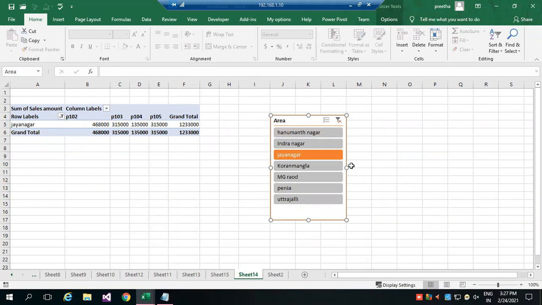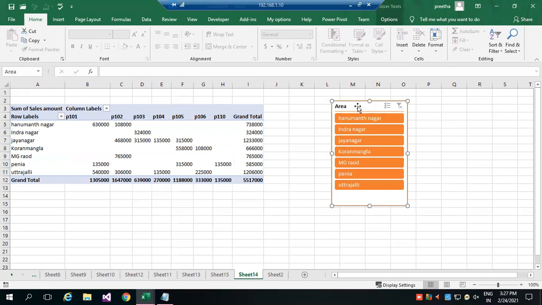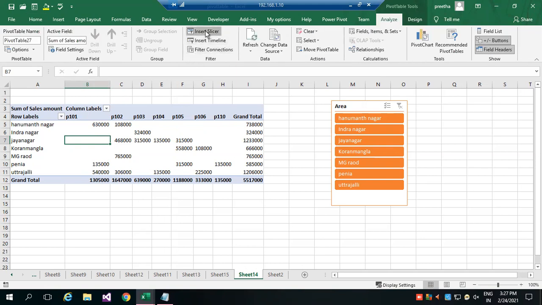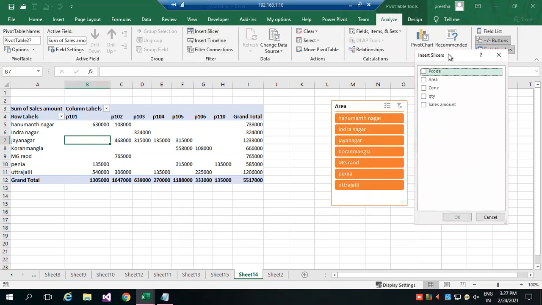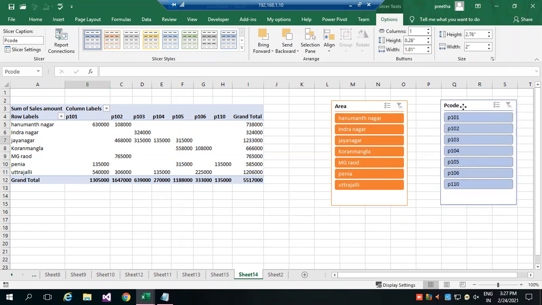It's called slicer. Once again, I can add multiple slicers also. For that, place the cursor inside your table, Analyze, Insert Slicer. So the first slicer is only for area. Suppose the second slicer is for product code. So I drag and drop, and I'll just say okay. Now you see another slicer for product code.